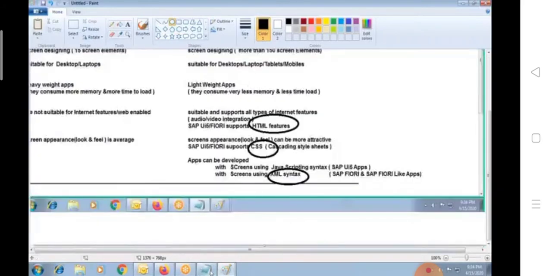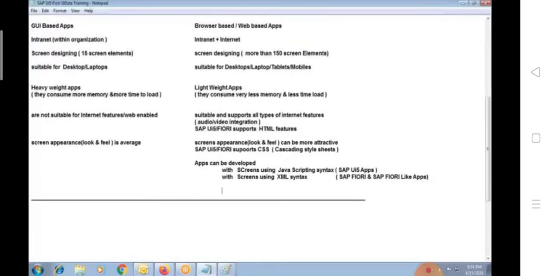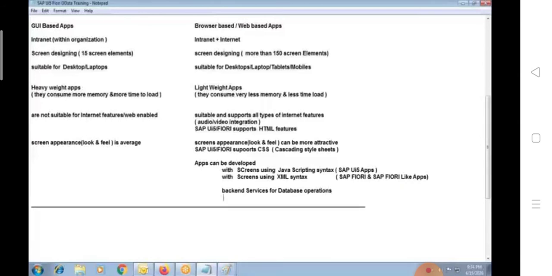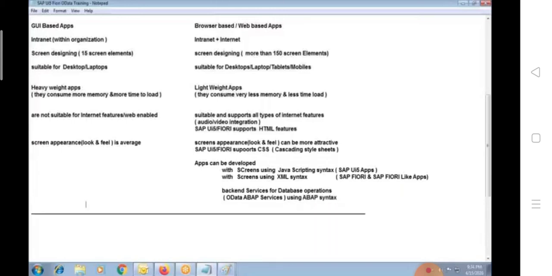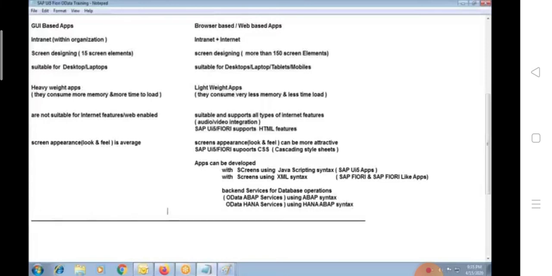And not only that, if you closely observe, the backend services for database operations will be either an OData ABAP service using ABAP syntax, an OData HANA service using HANA ABAP syntax, or an OData external service that can be using third party programming language syntax.